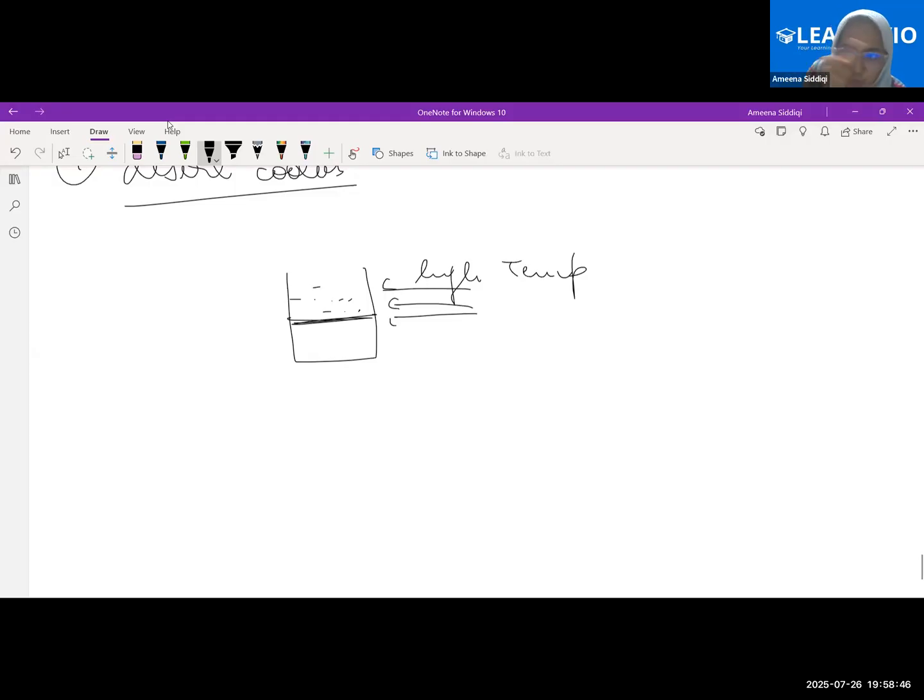As soon as it enters the cooler, these water particles will interact with these air particles, yes or no? Yes, ma'am. As soon as they interact, the air particles transfer their energy to some of the water particles. Clearly the temperature of the air will decrease. Therefore, the air which is coming out has a lower temperature. And what happens to those water molecules which have gained the energy? They evaporate, that is, they change to the gaseous state. And how do they escape from the cooler? We have pores on the sides of the cooler. Is it clear?